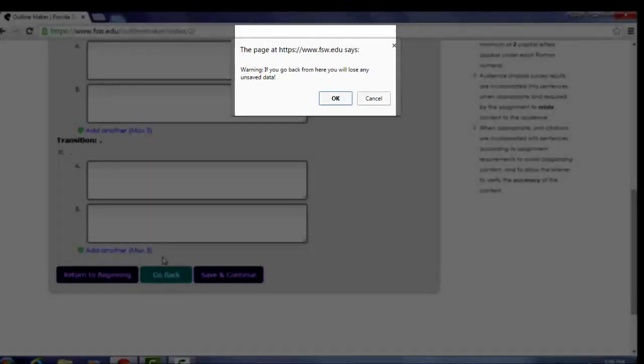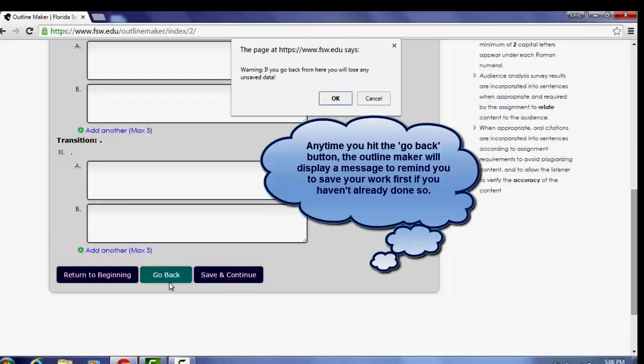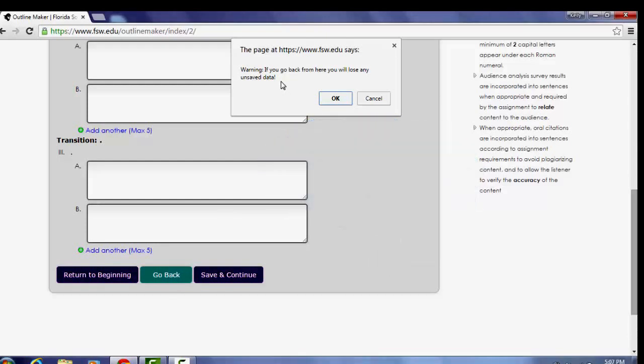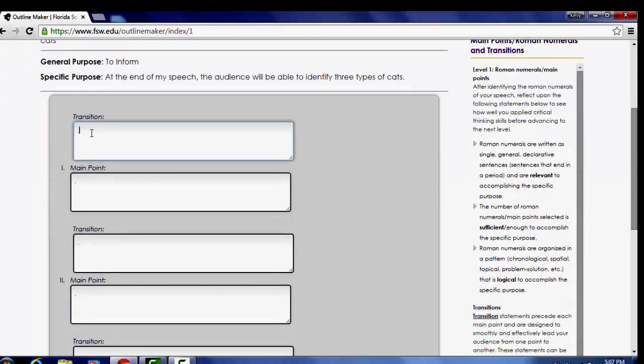And in hitting Go Back, you'll notice here a message box that will pop up upon hitting the Go Back button when the Save and Continue button has not yet first been selected. Even if you don't need to save your information, or if you have already saved your information, anytime that you hit the Go Back button in the Outline Maker, this message will appear to remind you to save your work if you have not yet done so. Since we have not done any work in our subpoints A and B, I'm going to go ahead and hit OK. Upon hitting OK, we are now brought back to the second stage in the Outline Maker program where